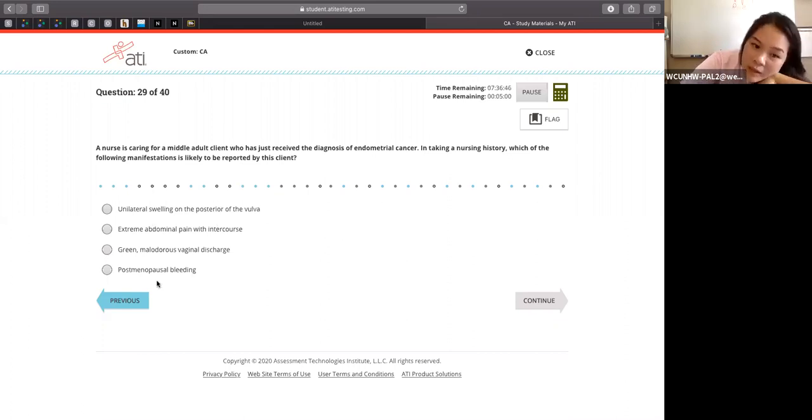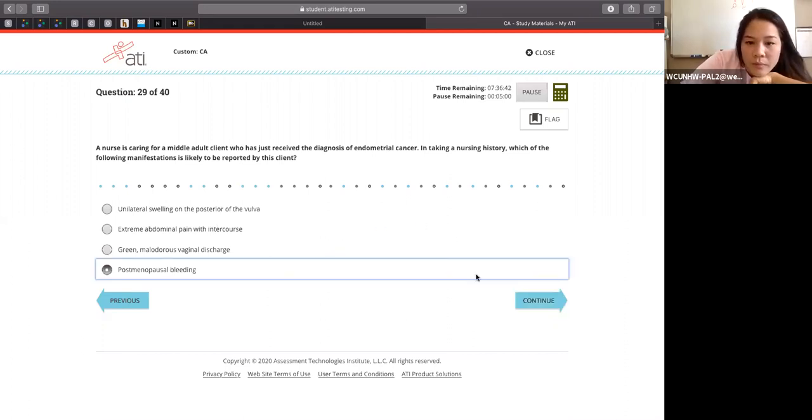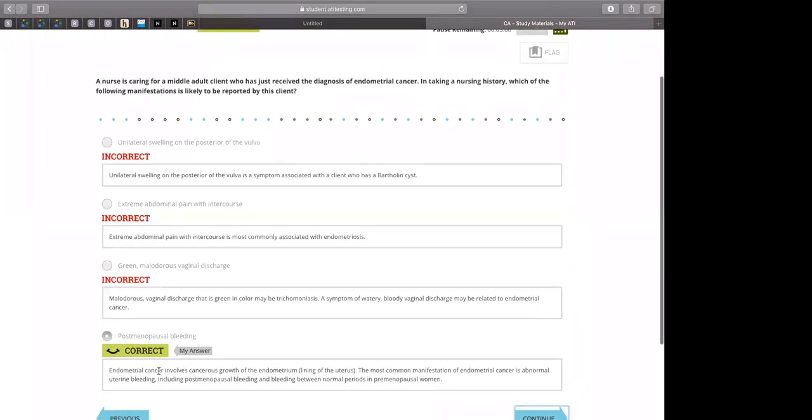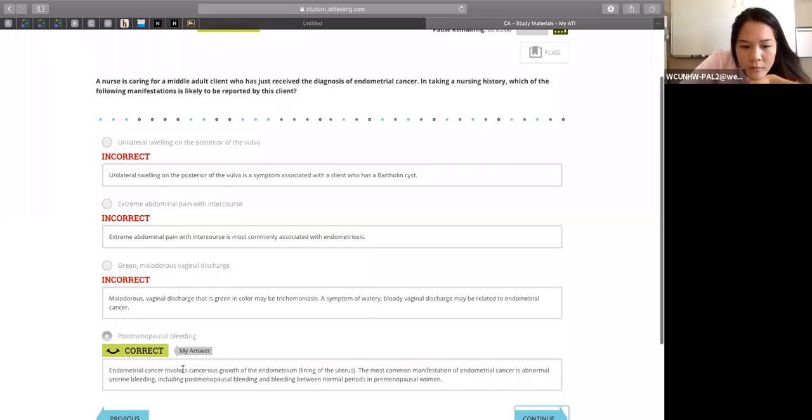But if you have bleeding, which is one of the signs for cancer, then it's indicative of cancer. So endometrial cancer involves cancerous growth in the endometrium lining, or the lining of the uterus. The most common manifestation of endometrial cancer is abnormal uterine bleeding, which includes postmenopausal bleeding and bleeding between normal periods in premenopausal